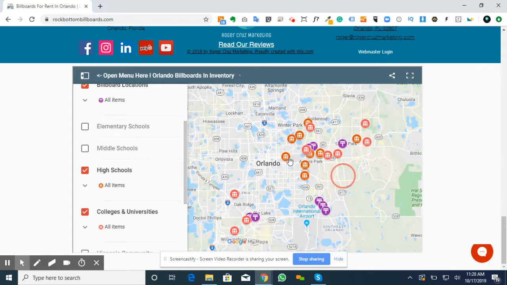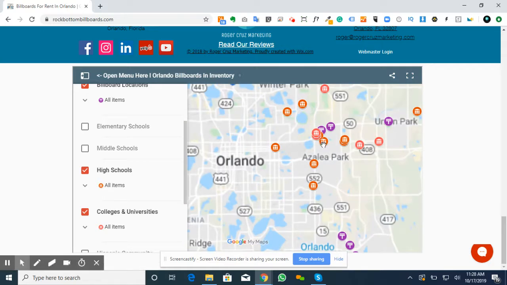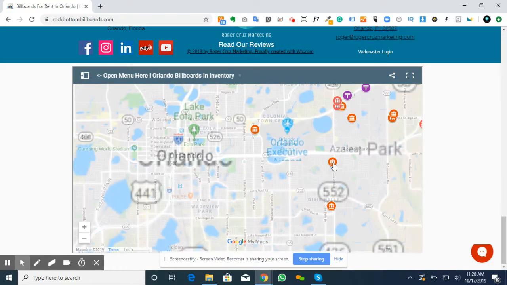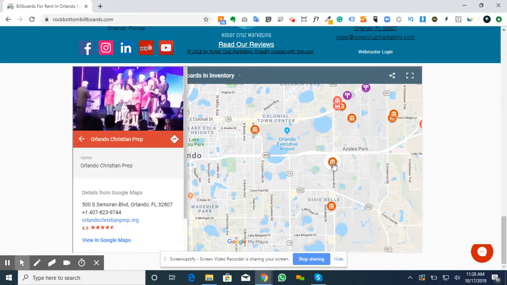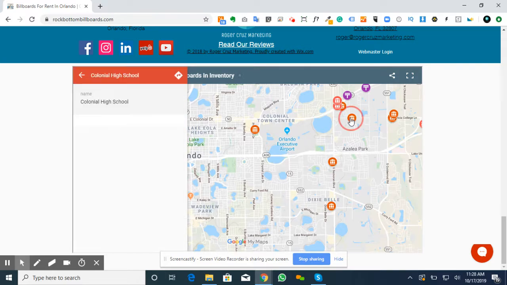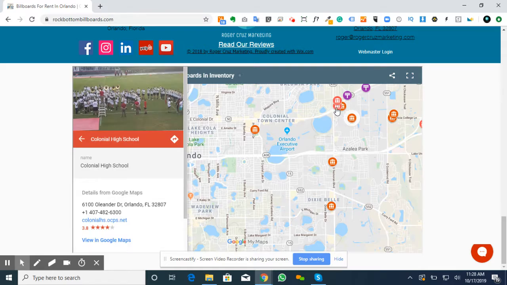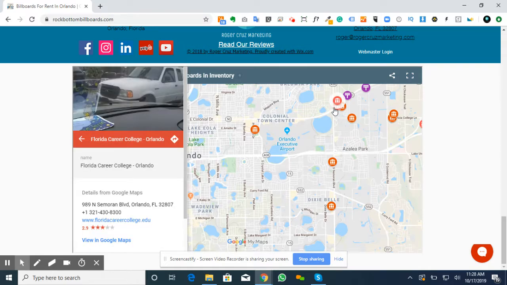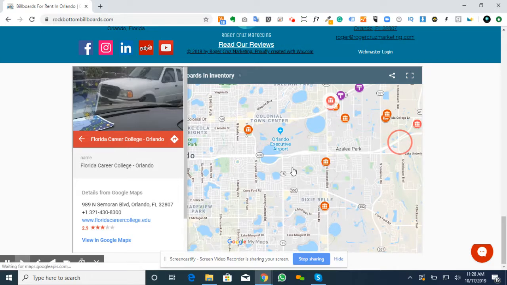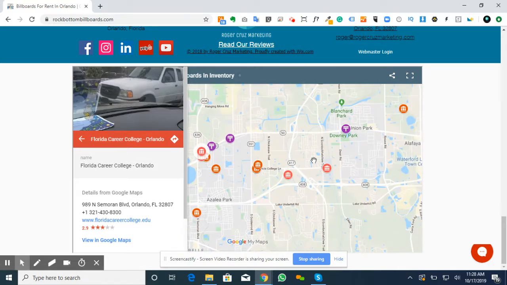So some orange colors for high school, and you can kind of go through and pick each one. One thing I do want to note here, just while we're on the subject of the colleges and high schools that are in the area,